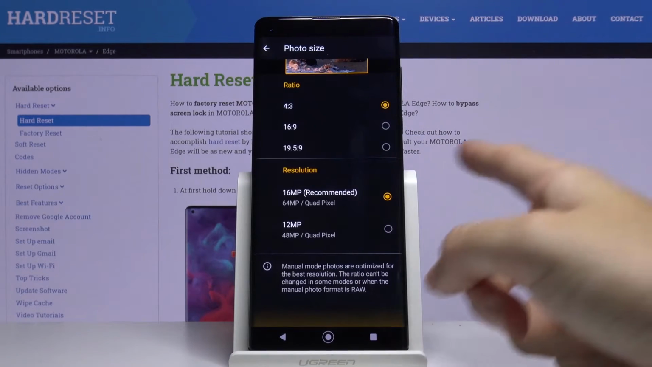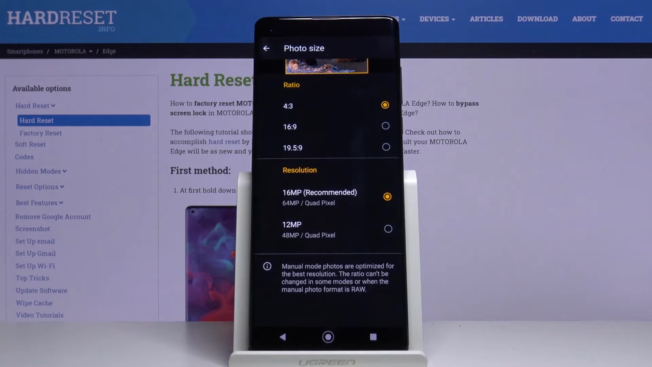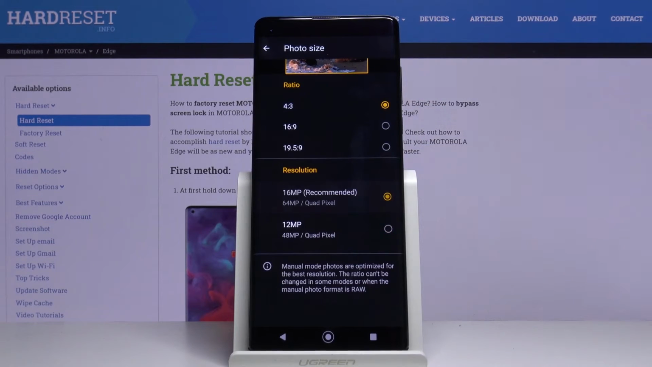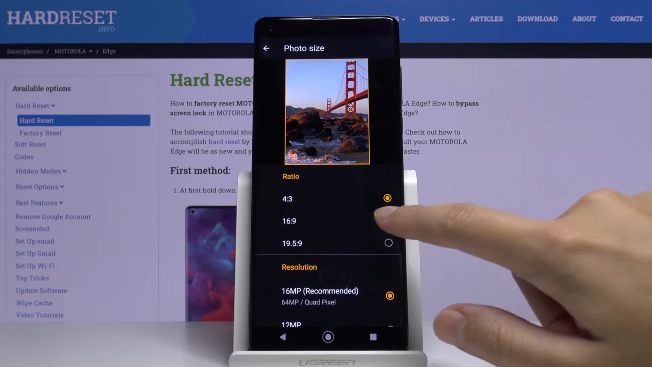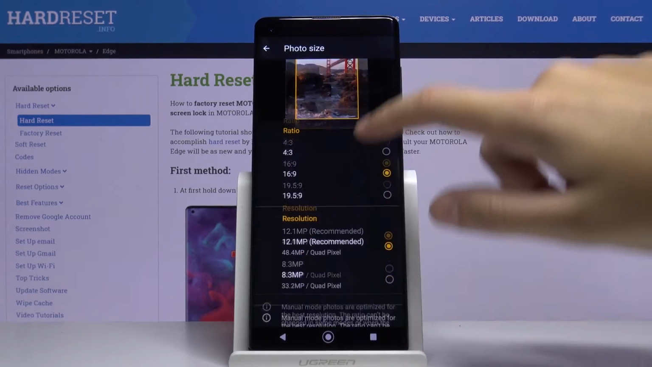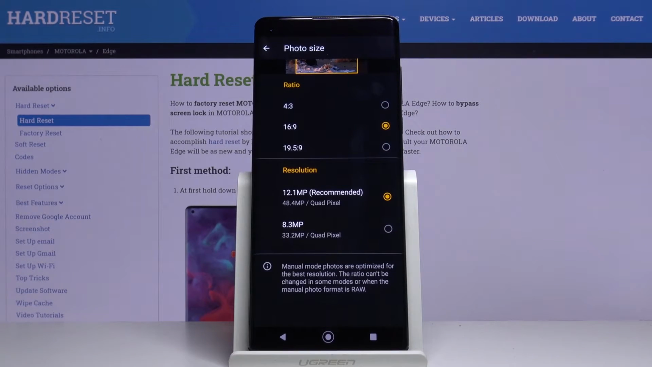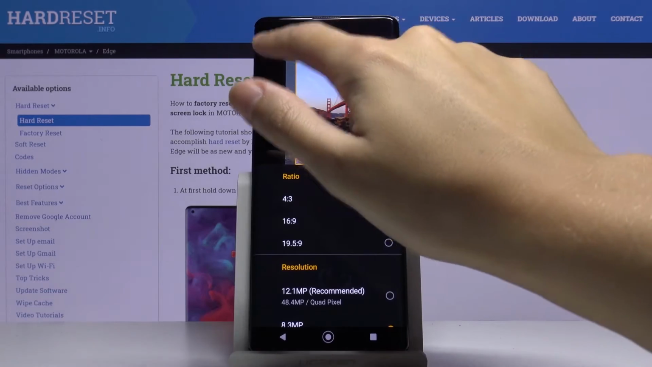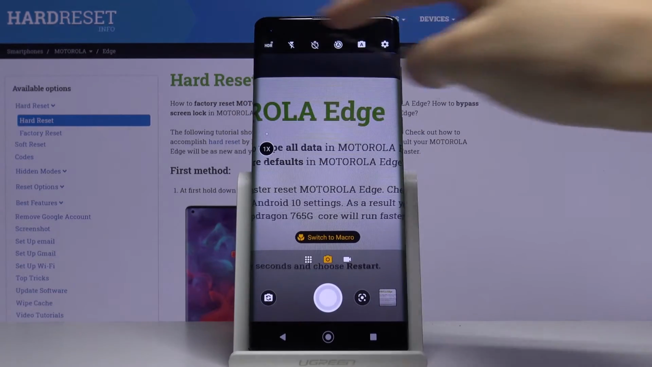This is how it looks, connected with 16 megapixels, which is recommended, or 12 megapixels. This is how to change this. When we pick 16:9, this is how it changes here, and we have connected the resolution of 12.1 megapixels, which is recommended, or 8.3 megapixels, which is not recommended here. And also when I change this, the background of the camera has changed, so this is how